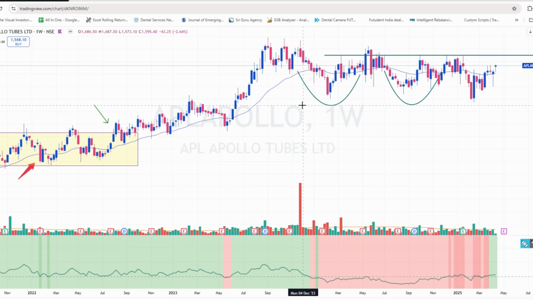the final exit came out here when the stock finally closed below the 30-week moving average. This is the point you should have exited. Even though the stock has not fallen much, you should follow a framework. If you have to follow a framework, you should exit here. Okay,